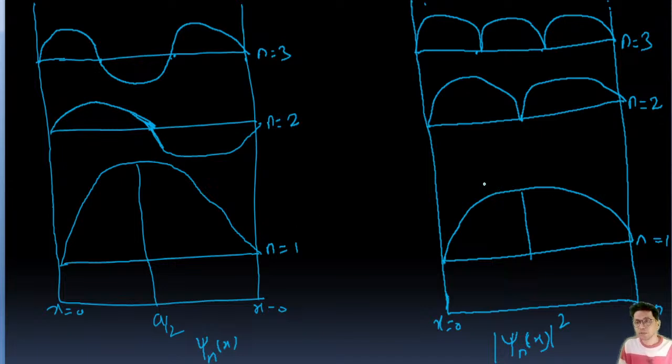So this is for psi n x, and this is for mod square of psi n x. This graph is for when the particle is in one-dimensional infinite square well potential. So now we are going to study